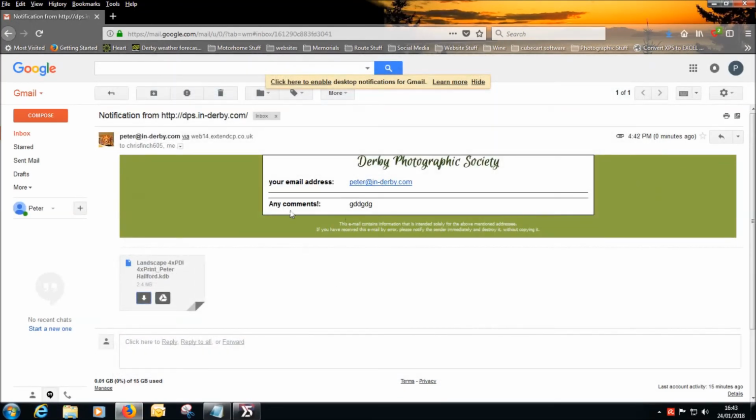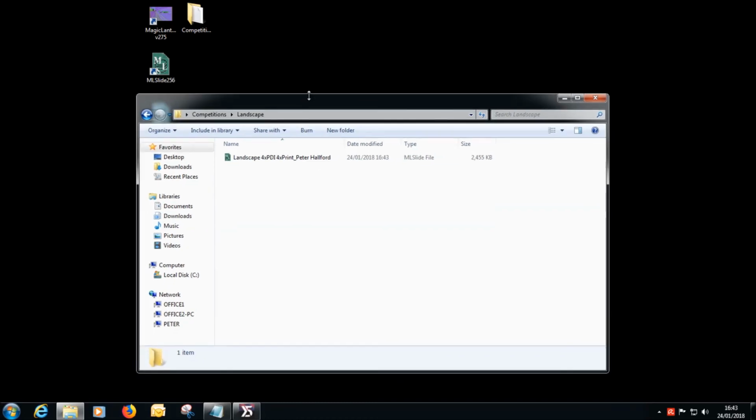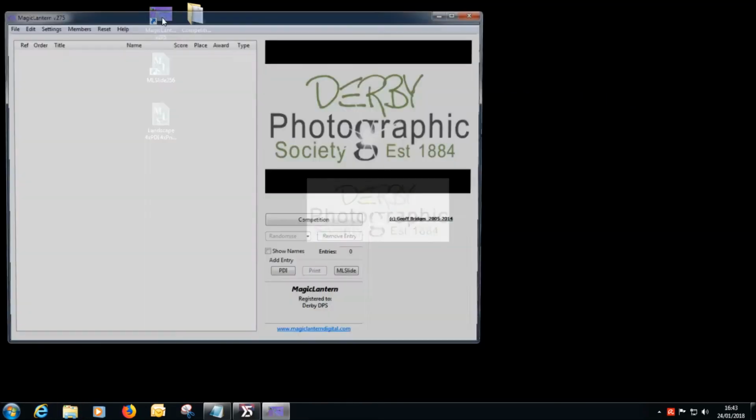Now, when multiple people send their folders and files in this way, I'm going to just come out of that now. Here's my competition thing. Look, there's landscape. So there's Peter Holford, Vicky Fit, Ken Walters, Sue Hill, Kat Wesley, Mary Nicholson, Ken Eldred. They'll all be in there, ready for the competition. So let's now have a look at what we're going to do with that. So we're going to bring up Magic Lantern,